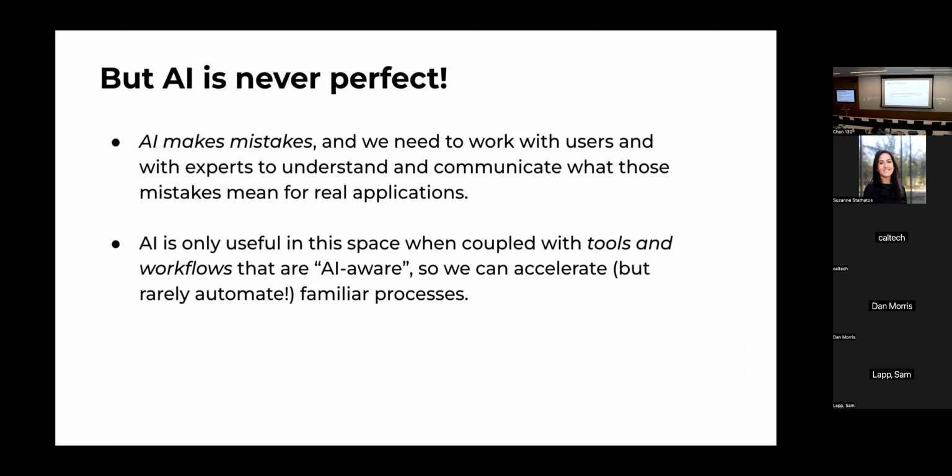One thing I do want to also squeeze into this part of the talk: in all of these spaces, AI is never perfect. In fact, it's never even as good as AI papers say it is. AI always makes mistakes, and so we constantly need to work with users and experts to understand what those mistakes mean for real applications. And along the same lines, the way AI leaves academic papers and makes it into practice isn't by getting better. It is almost never that AI was confined to academic papers for some task because it was at 92% accuracy, but then somebody got it to 93.6% accuracy, and now the field could really use it. Almost always that translational gap is about tools and workflows that know how to use AI.